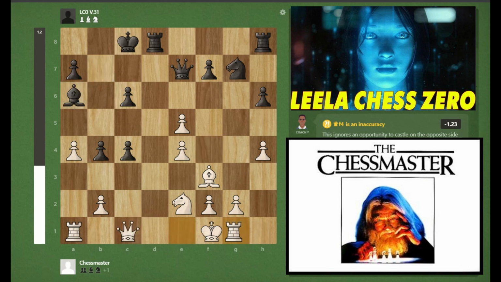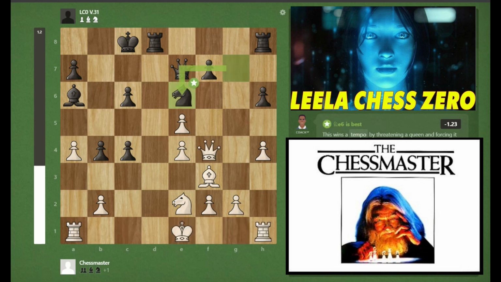The best alternative for Chessmaster was castling to the opposite side of black's castle. The game will tend to be more double-edged. Leela wins a tempo and the queen is forced to move away. A possible continuation for Chessmaster, having the possibility of improving its position, would be. The game continued with,